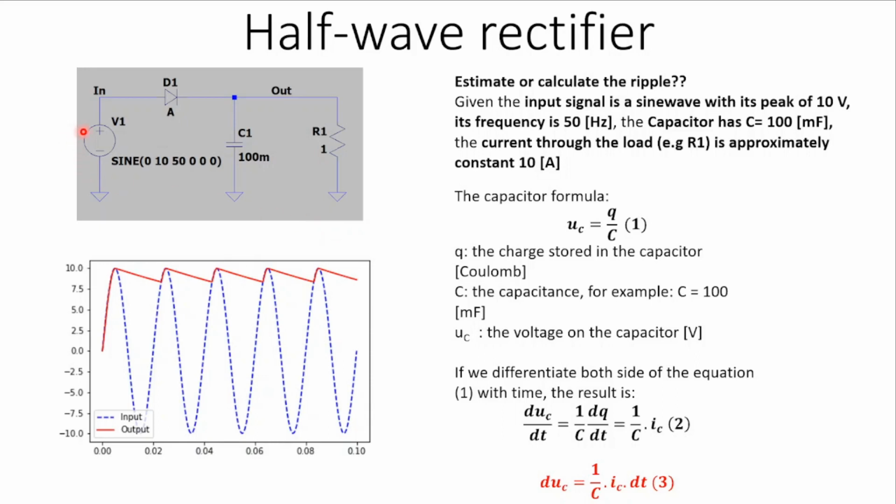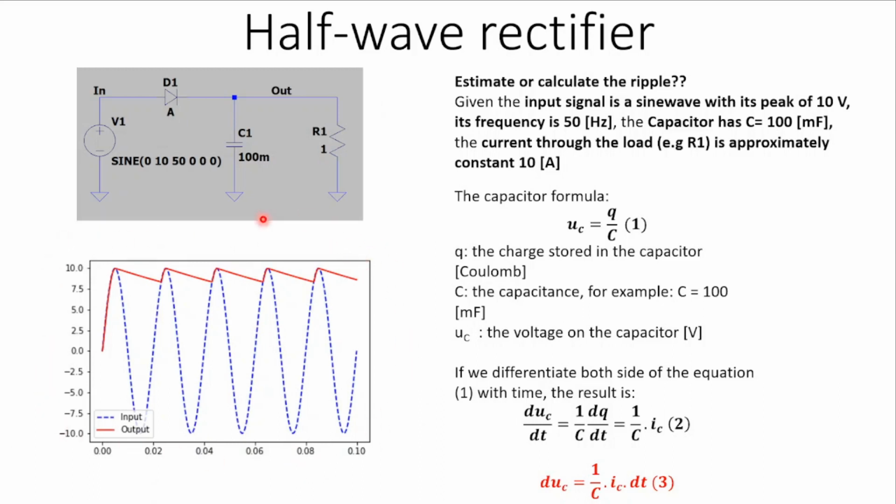It consists of a voltage source, a diode, a capacitor, and the load, represented by the R1 resistor with 1 ohm, and our capacitor is 100 millifarad. The diode is an ideal diode, and this is the information of our sine wave. And as you can see, when we have this kind of circuit, these are the signals representing